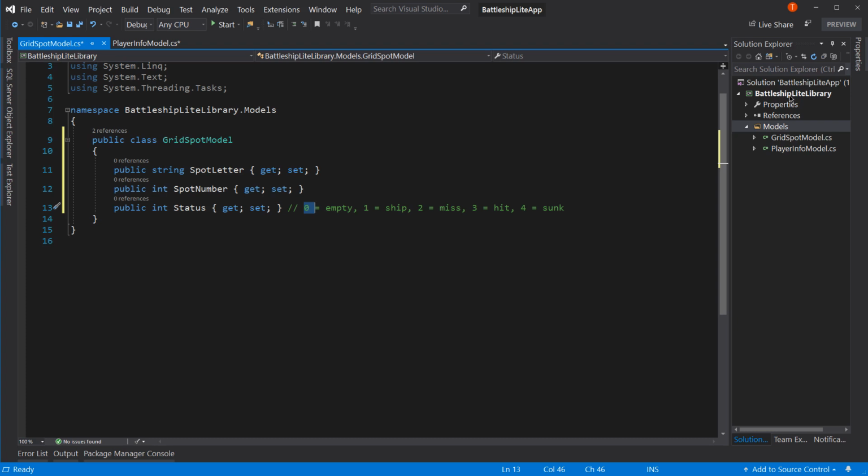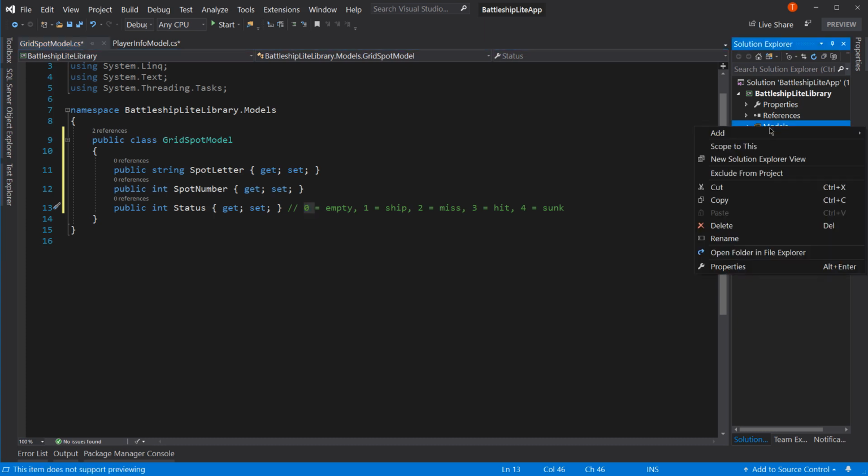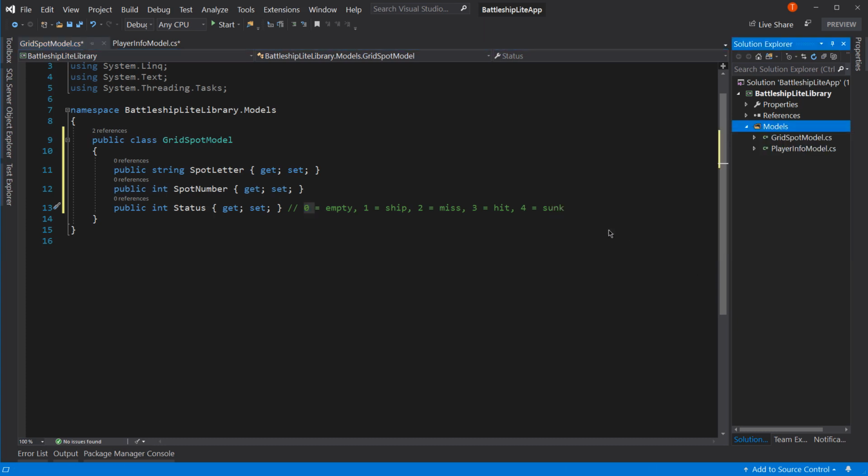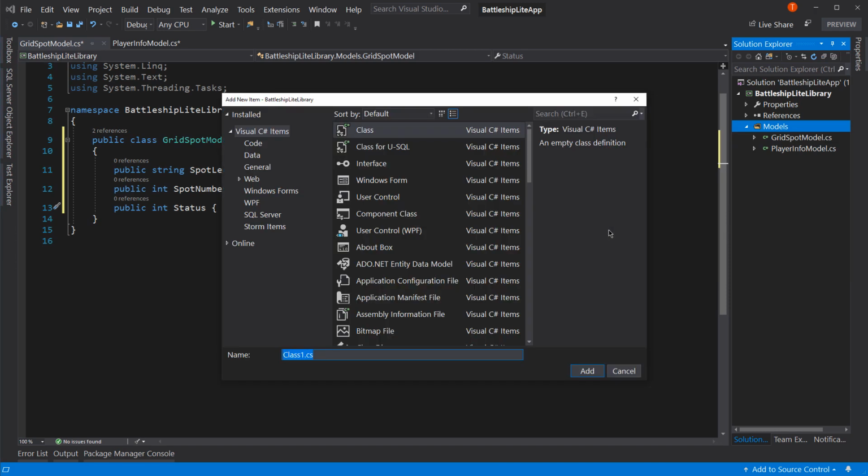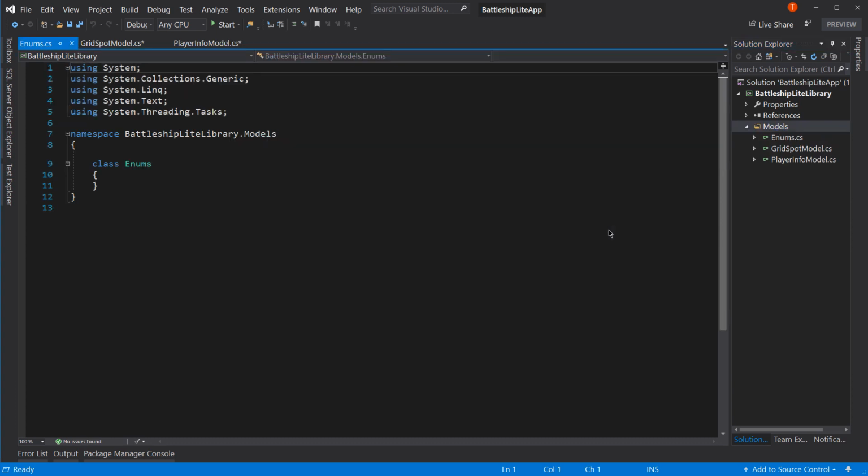In the Battleship Light library itself, not even the models, I don't think. Well, let's put it in models. This is one of those debates of where you put it. We're going to create a class file, but it's not a class. So I call it enums. And what I do, and this is up to you if you want to follow this pattern or not,